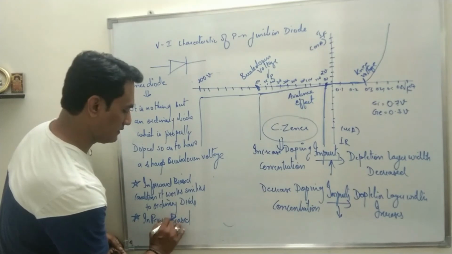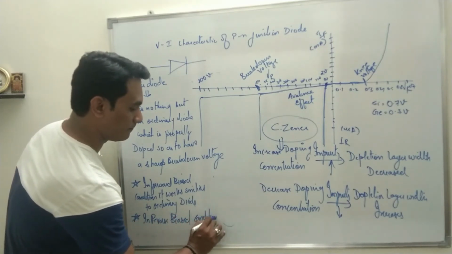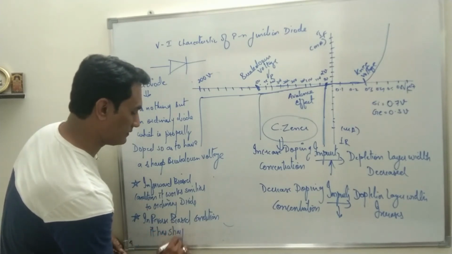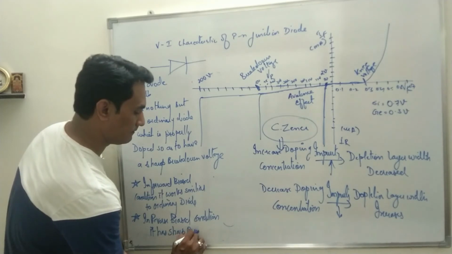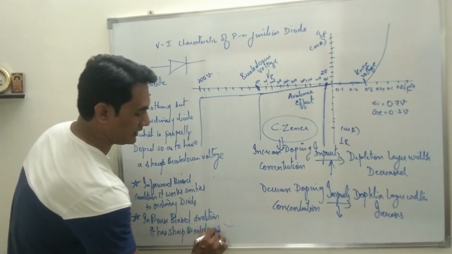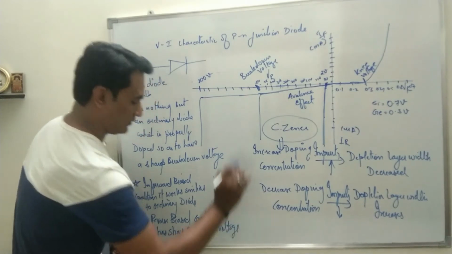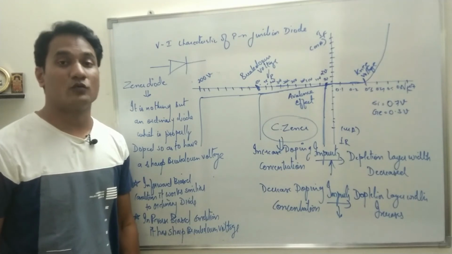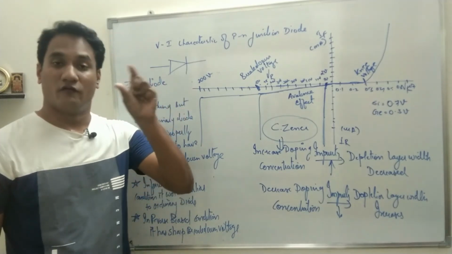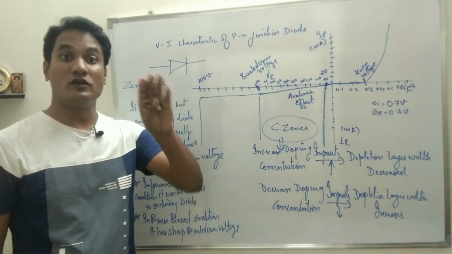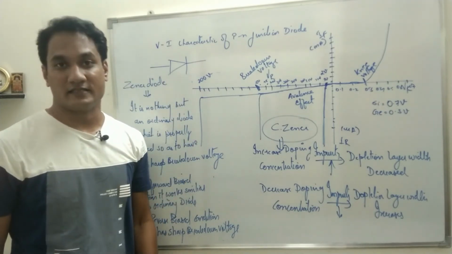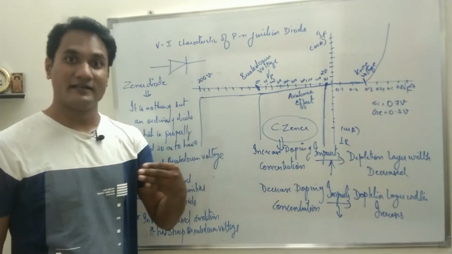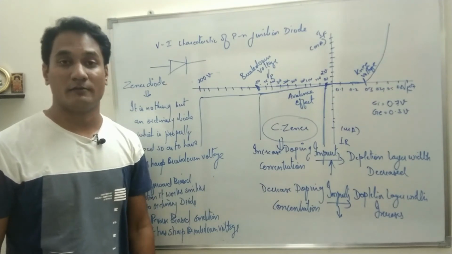in reverse biased condition, it has a sharp breakdown voltage. Okay, it has a sharp breakdown voltage, and once the breakdown is reached, the voltage across the Zener diode remains constant, only the current through the Zener diode increases. This has to be remembered, because the resistance offered by the Zener diode will keep on decreasing, therefore the current increases but the voltage across the Zener diode will remain constant.